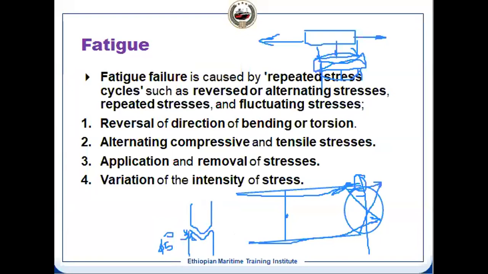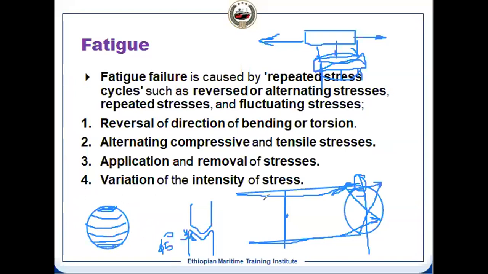If it is fatigue failure, it will be a straight cut. But if you see this face, there will be lines. If you see, this is the surface where it has failed. It has developed initially like this. There will be a number of ring curves, and initially when it develops, the curves will be very close. After that, when it has failed finally and completely, here also there will be lines.